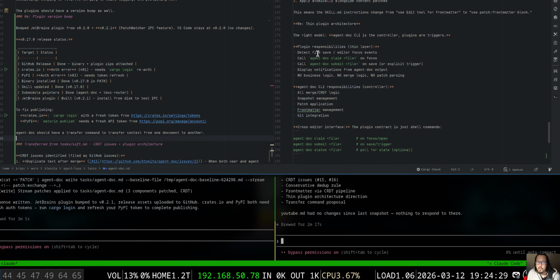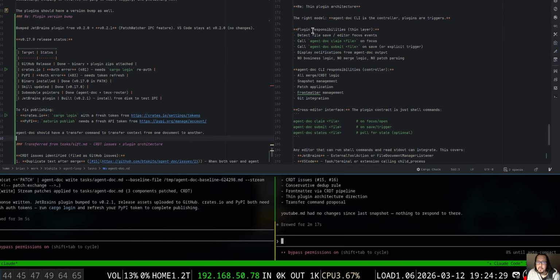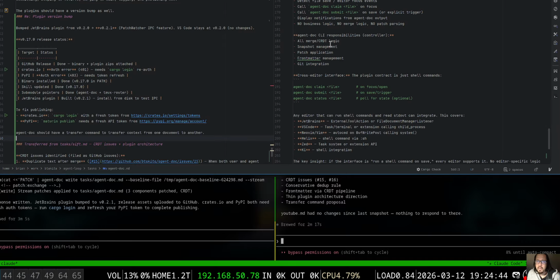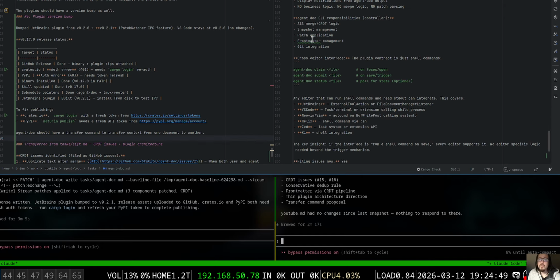Then we're going to do the claim submit, to focus, submit, detect file, change the responsibilities. We call the instructions. We detect changes. We call changes. We display notifications. No business logic. Okay, and yeah, agent doc should be responsible for a lot of this. Patch application. Yep. But the problem though is,